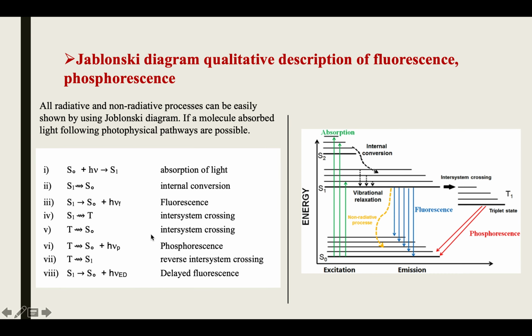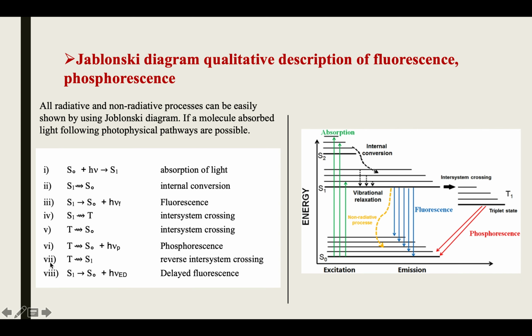If it is non-radiative, then it is intersystem crossing. If from T1 to S0 the transition happens with emission of light, that is a radiative transition. We call it phosphorescence, represented by h nu P, where nu is the frequency of the phosphorescence